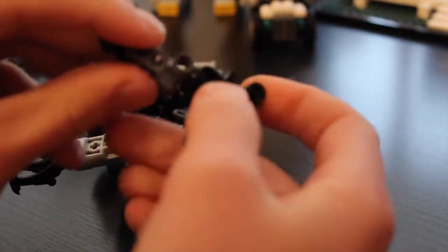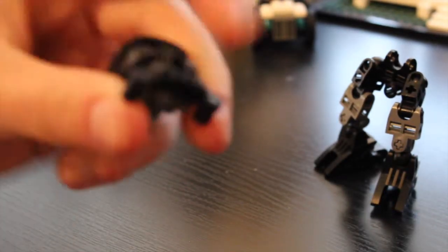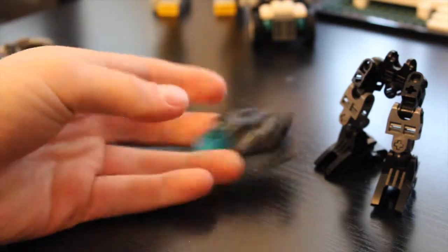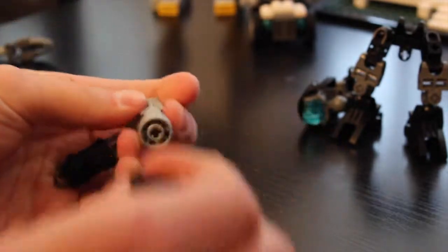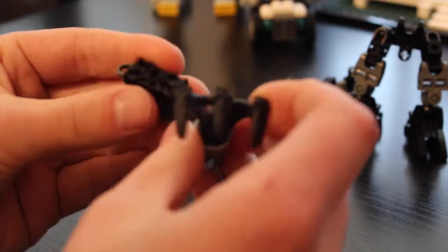And I just used one of those newer Technic pieces into a ball joint and connected it right there. So he has bird-like legs. And then take his head off. It's just a regular Hydraxon head, but it's the Hero Factory Va Nebula. I don't actually have Va Nebula, I just got that mask in a lot. And then his arms, just these little jet engine pieces with claws stuck into them. I don't know, something looked